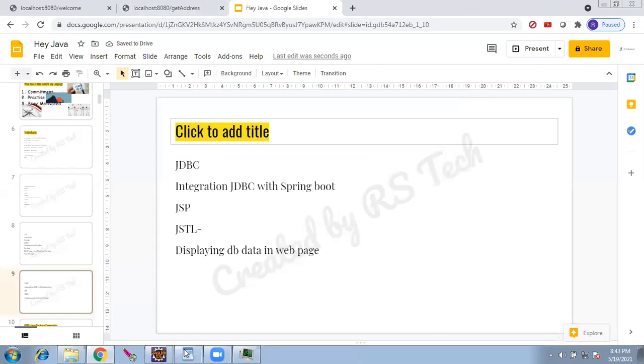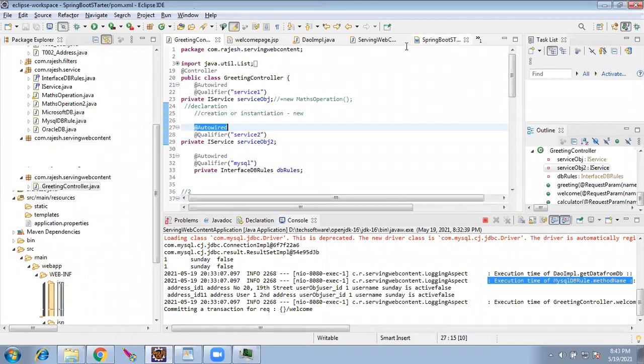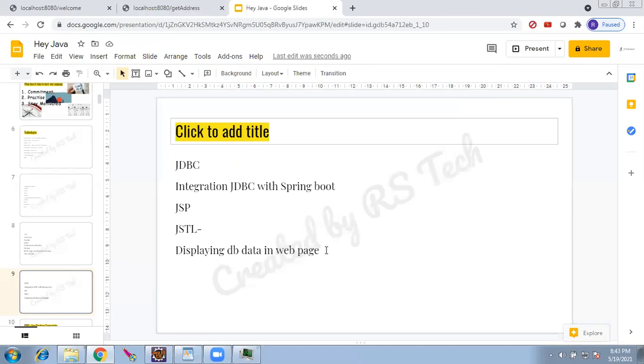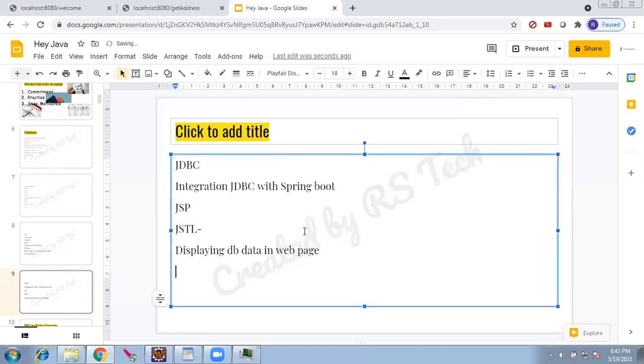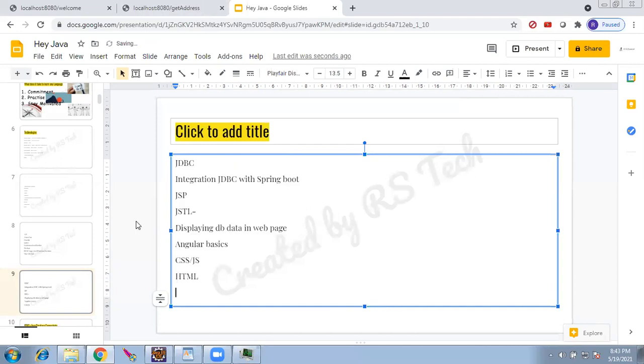Later you can tell the company. Yeah. And we also saw Angular basics, CSS, JavaScript, and HTML. So we have covered all these topics in detail.